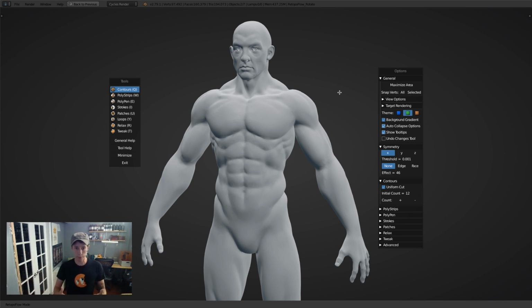And the problem with this was because no artist works only with tool A, then switches to tool B, and then goes to tool C. It's a back and forth constantly. You know, when you're sculpting, you're constantly switching from the draw brush to the crease brush to the smooth brush, back to the draw brush. It's a constant back and forth of all of these different tools. And so we realized that we had to rebuild and redesign RetopoFlow from the ground up if we really wanted it to do what it set out to do, which was to remove the pain and the tedious nature of